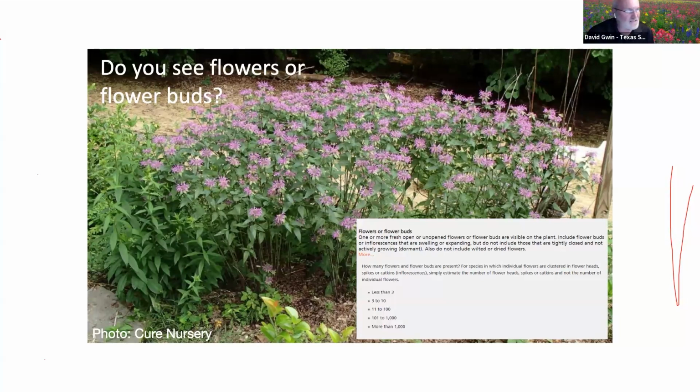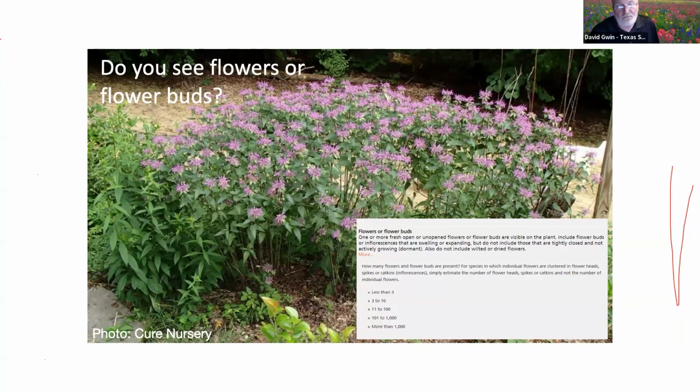Bergamot, I think this is just wild bergamot, which is not one that we know here really well, but there are a number of Monarda species that we do know, and particularly in the Gulf Coast, see quite a bit. But this would be an example of a patch of plants that someone has identified to collect data on. And you can very easily see that if this thing was setting seed, it might become very overwhelming to try to determine,